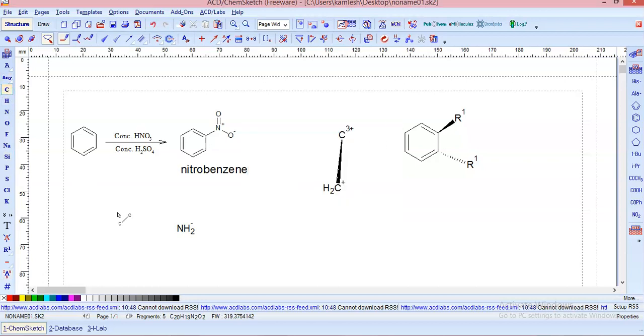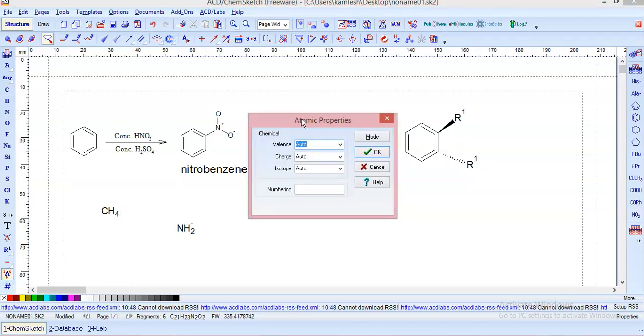Say for example, if I take a CH4 and to that CH4 I click atomic properties, then there are atomic properties, then charge plus minus, and then isotopes are there, that is 11, 12, 13, 14. If I take C13 and